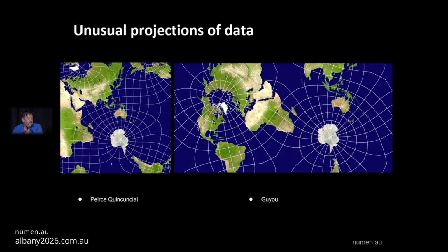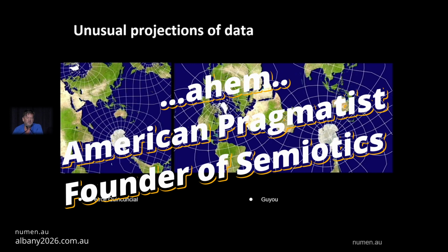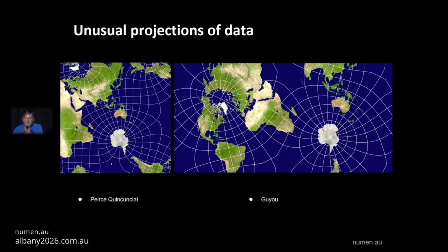It enables one to visualize the entire Earth in an infinitely repeatable tiling fashion, which is really useful for showing the entire Earth and the movements and flows of connectivity between Earth systems through the ocean and the atmosphere. And of course, in my former life as an academic semiotician, Charles Sanders Peirce was the originator of Peircean semiotics, which you may or may not have heard of. He was an American pragmatist philosopher, and also a mathematician, a bit of a genius.